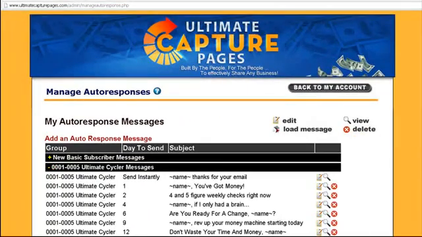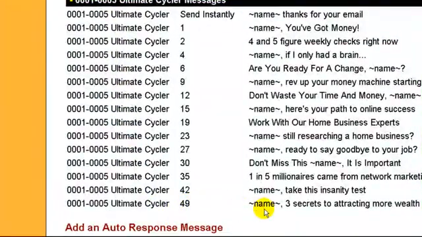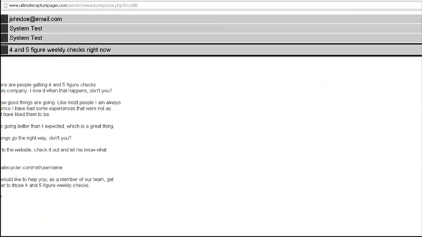And so if we expand that, you'll see that there are 15 autoresponder messages that will go out over the course of 49 days. You can see the subject line, and you can click here on the magnifying glass to view the email